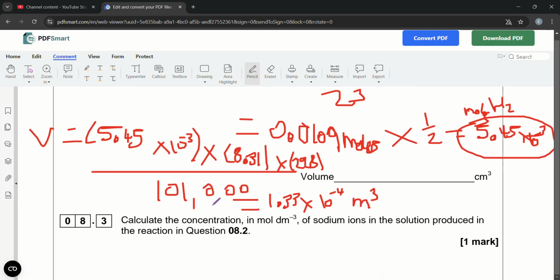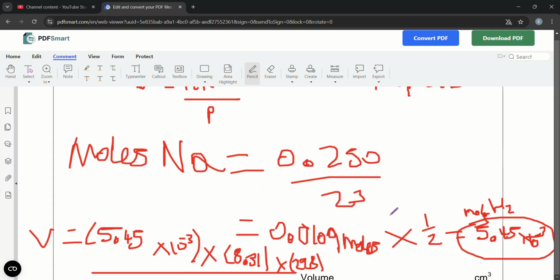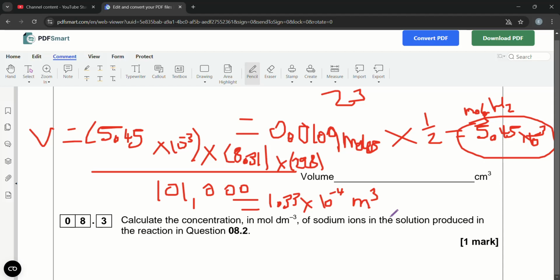So what we're going to times by? Well, we got it in meters cubed, so we're going to times 1.33 times 10 to the power minus 4 by 10 to the power of 6. So we're timesing by a million, and now we'll get